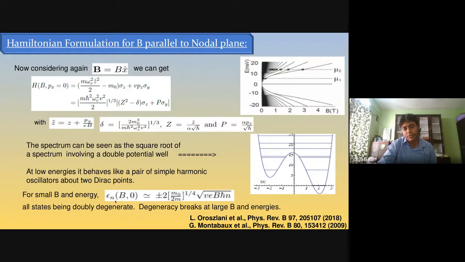So my energy, for low energies, the dispersion will look like some constant times the square root of n, where n is an integer. We can call this n the Landau level index for this problem, and they are all doubly degenerate. And you can imagine why that is so, because we had 2